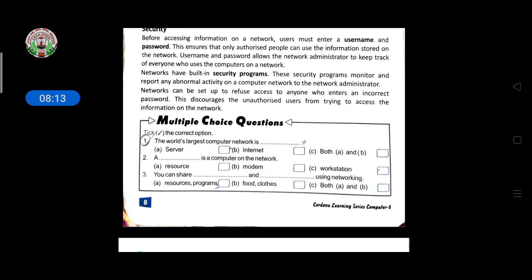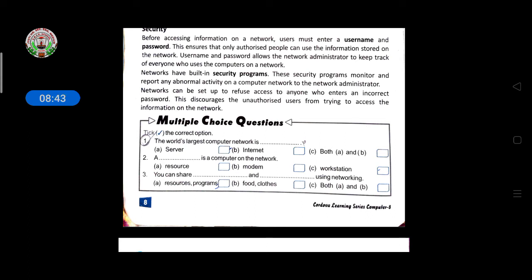Then multiple choice question. The world's largest computer network is the internet. Then a workstation is a computer on the network. It is a workstation. And you can share resources and programs using networking. So student, you have to first